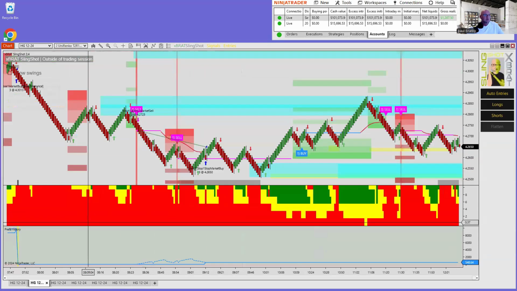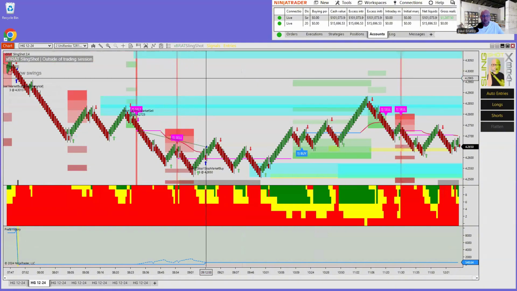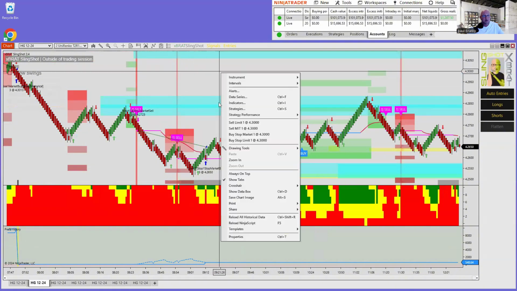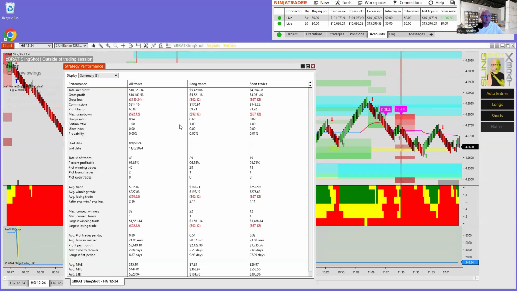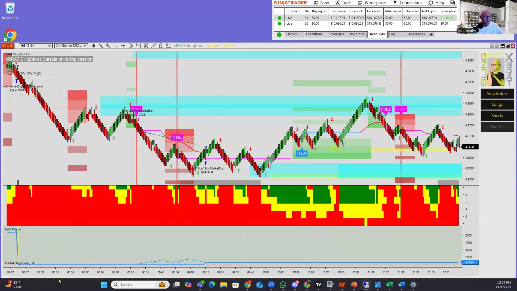So you will look at the Slingshot. It's had a good day today. It's had a great week. When I look at the strategy performance, and I'll be getting these templates out this weekend to the users on Teams, it's 95% win rate, 10 grand in 90 days. And then you add